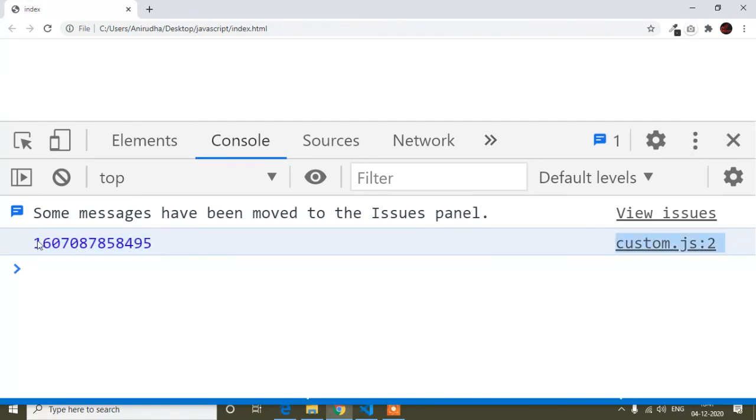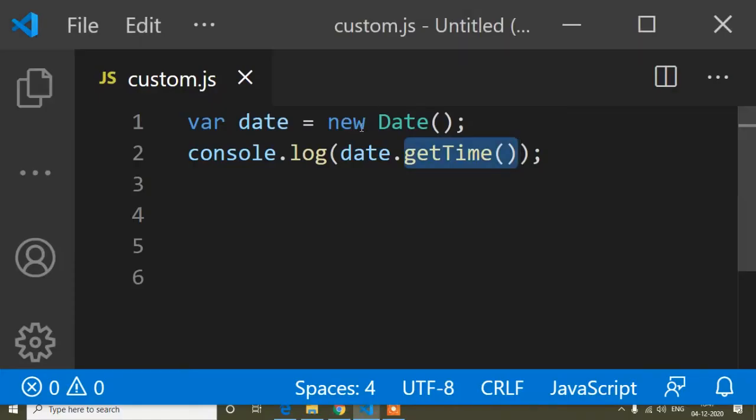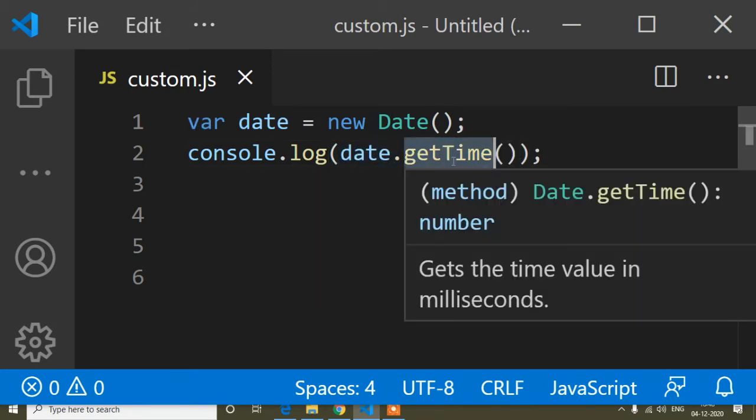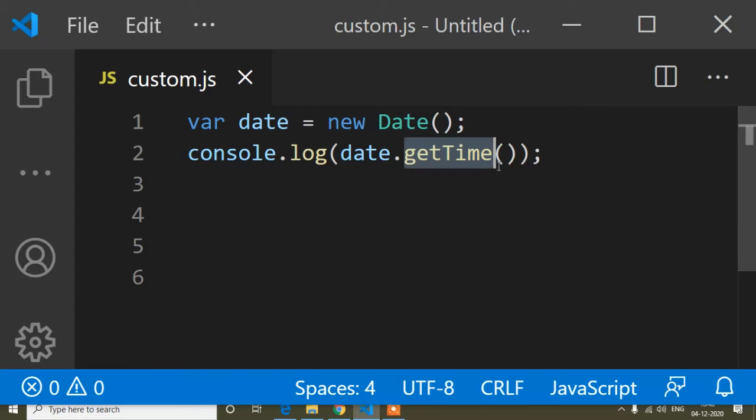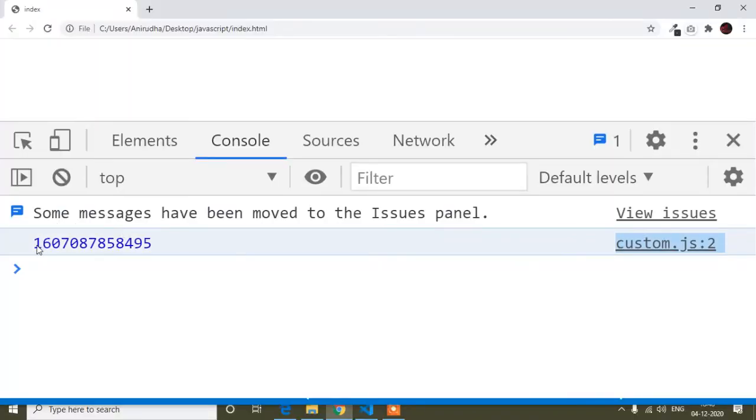I told you, when we send the alert, I gave you this type of example. This time we converted to milliseconds, so this is the millisecond number of the date. This is the new date format we get, and this is after converting to milliseconds. So getTime converts date and time into milliseconds. You have to remember this method. So here it is converted into milliseconds, and here is the number.